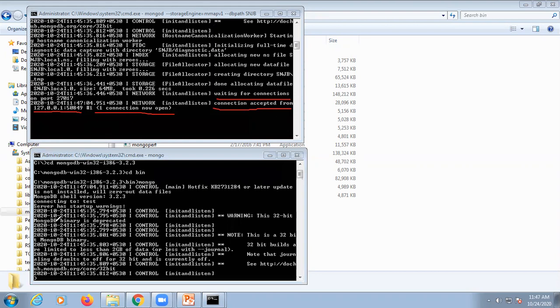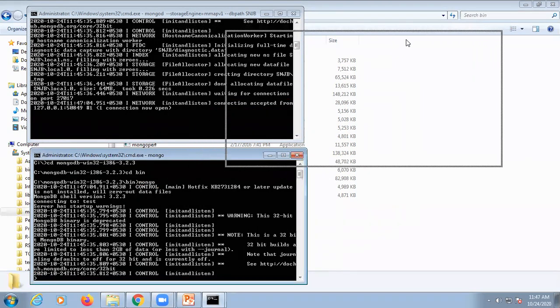In the client window, after you have pressed mongo, it has connected to the server and given a prompt, this triangular prompt. So now you can write your commands on MongoDB.